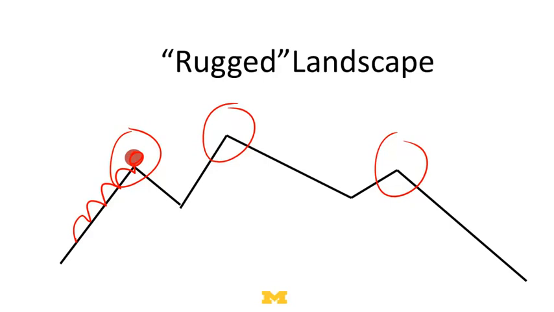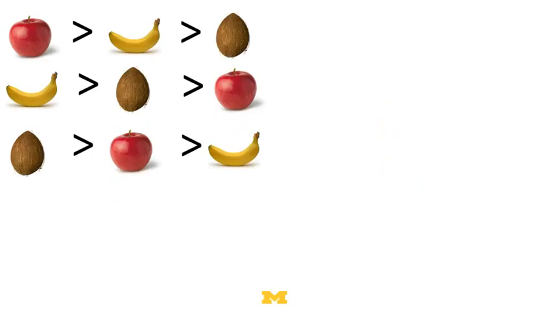Again, there's a difference between metaphor and actually having a mathematical example, so let's see if we can come up with an example to show where we get stuck at less than the optimal point. To do that, we're going to go back to our preference model. So you might be noticing at this point, I better have paid attention to the earlier lectures, right? Because we've done Langton's model, now we're going to do the preference model.